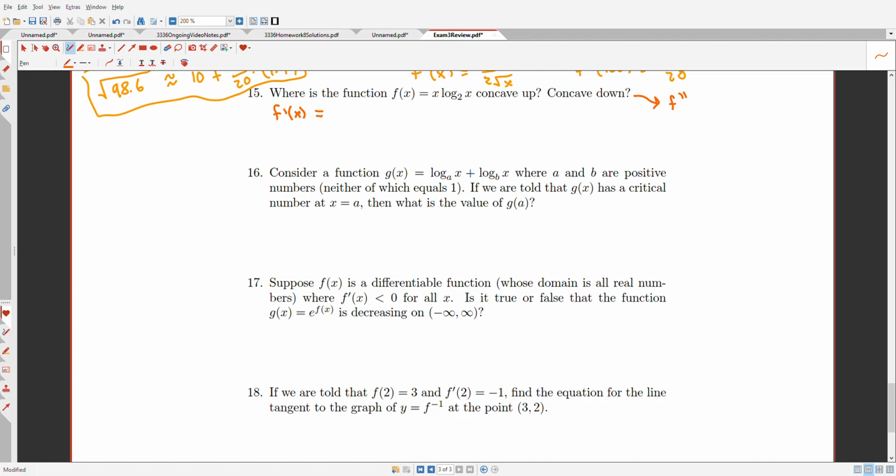F prime is 1 times log base 2 of x plus x times the derivative of log base 2, which is 1 over natural log of 2 times 1 over x. But if you think about it, that x and that 1 over x cancel. And so I just get that the derivative is log base 2 of x plus 1 over this weird number, natural log 2. So when I take a second derivative,